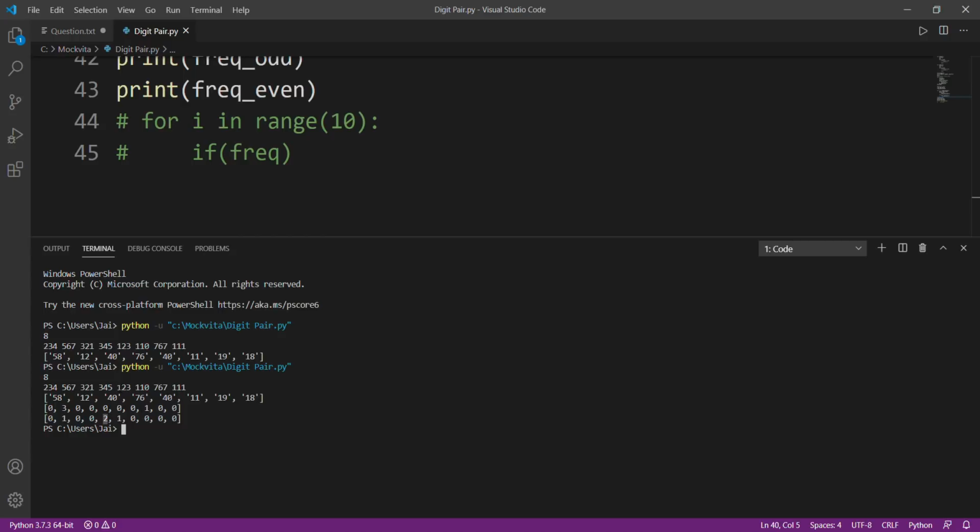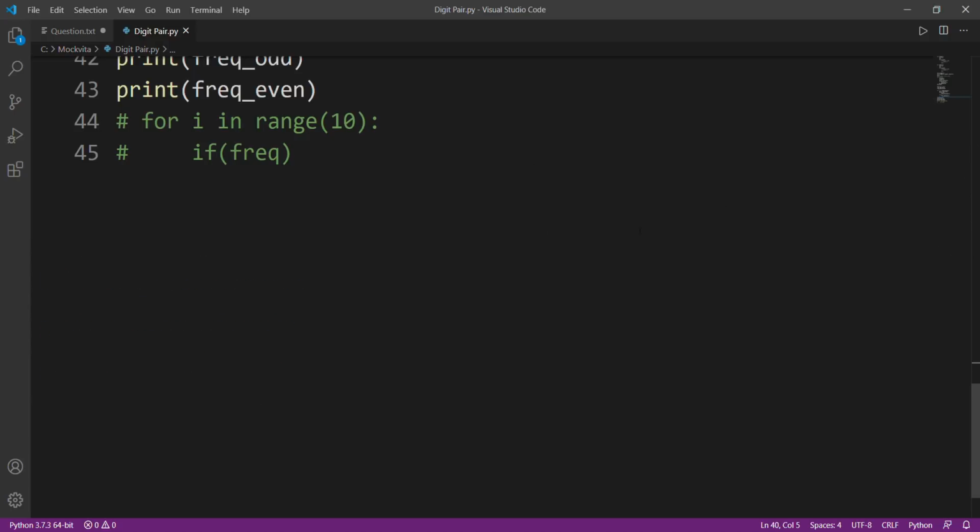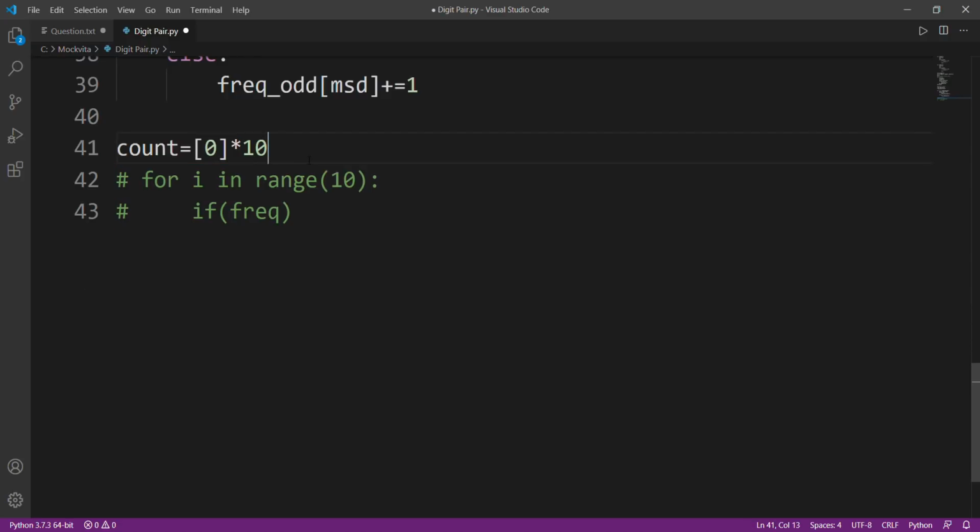Why are we doing this? Because suppose instead of separating my odd and even frequencies, I had added them, and in some possible values instead of 0 here it was 1. If I add this it will become 1 plus 1, 2, and it will show me that a pair is possible, but there isn't. So we'll calculate the number of odd and even pairs separately, and after that we'll sum them and check whether the value goes above 3 or not.